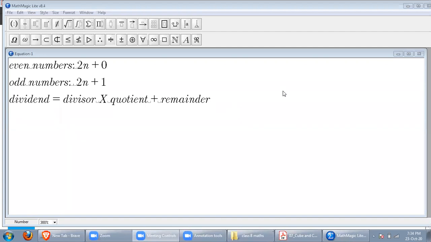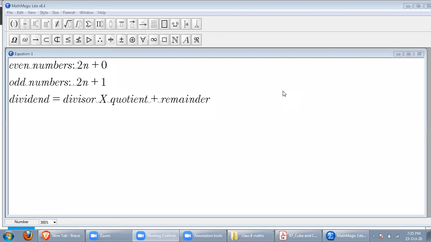Why? Take an example: 4 divided by 3, the remainder will be 1. 5 divided by 3, the remainder will be 2. 6 divided by 3, the remainder will be 0. And then 7 divided by 3, the cycle will repeat again. The remainder will be 1. And 8 divided by 3, it will be again 2. When we divide 9 by 3, the remainder will not be 3, but it will be 0. So 0, 1, 2, 0, 1, 2, 0, 1, 2, the cycle will go on like that. Is it okay?